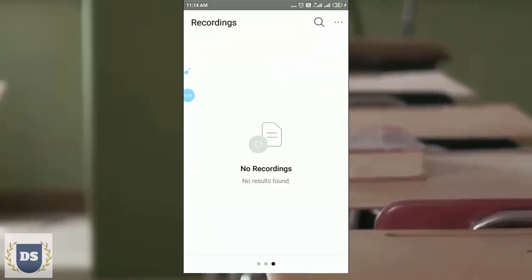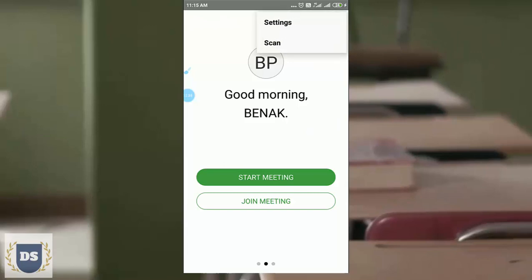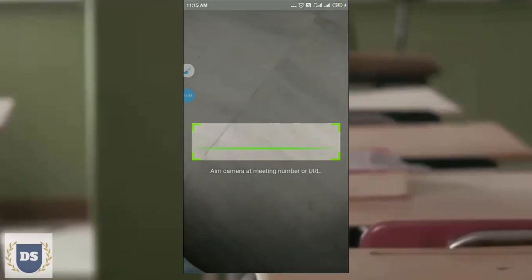The other way to join a meeting is to make use of the scan option provided in the WebEx app. When you hit the scan button, the scanner application will launch and you have to scan the invitation URL of the meeting.